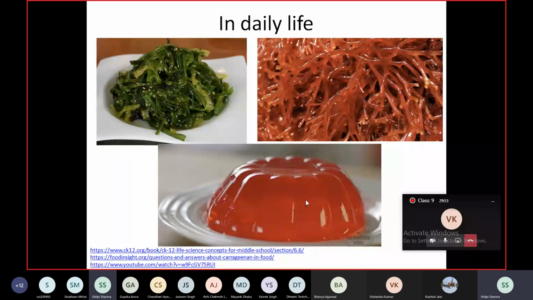We consume quite a few protists and their products. For example, you know that agar and carrageenan are used for solidification in food industry in an algal product, while seaweeds are highly nutritious. India में तो उतना common नहीं है, but it's eaten in many other parts of the world.